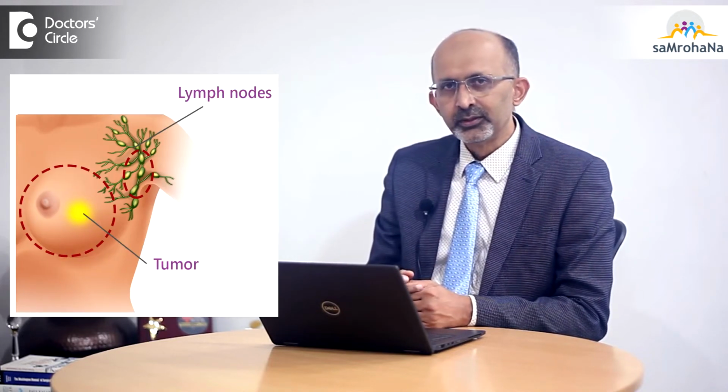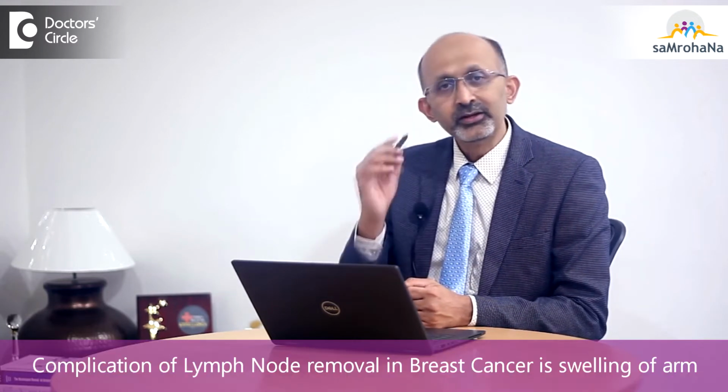So when we remove these lymph nodes in the axilla or the armpit, one problem arises. The axillary lymph nodes also drain the arm on that side. So because we are removing these lymph nodes in the armpit, there is a risk of the arm swelling up. Whichever side of the surgery, the arm on that side can swell up, because the job of these lymph nodes is to drain out or suck out all the fluid in the tissues and push it into the blood